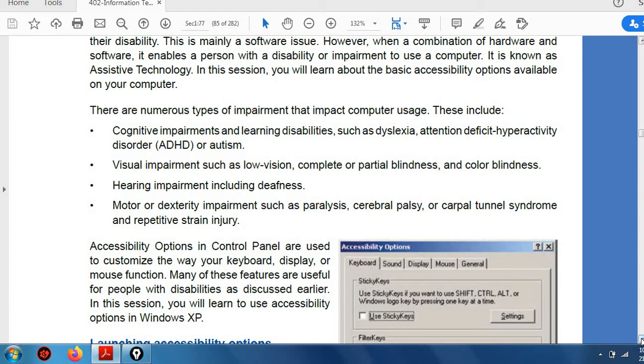So first one is the cognitive impairment and learning disability, such as dyslexia, attention deficit hyperactivity disorder, or autism. We have seen such kind of disabilities in movies, right?